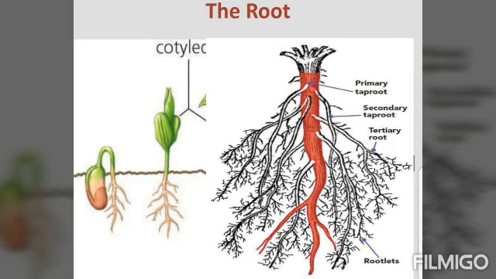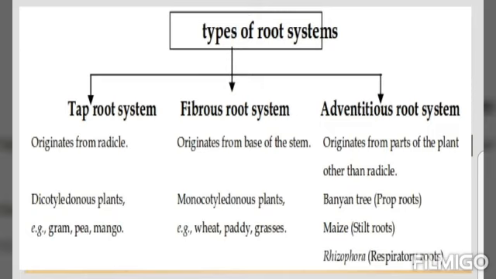In the majority of dicot plants, the direct elongation of the radicle leads to the formation of the primary root, which grows inside the soil. In different types of plants, roots are of different types, or we can say there are different types of root system. In most dicot plants, the root system is named the tap root system, which originates from the radicle. In monocot plants like wheat, paddy and grasses, the root system is fibrous and it originates from the base of the